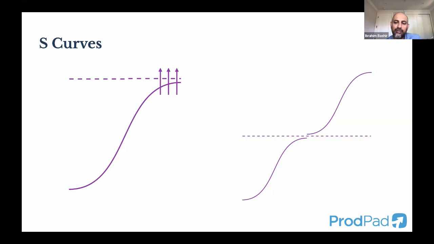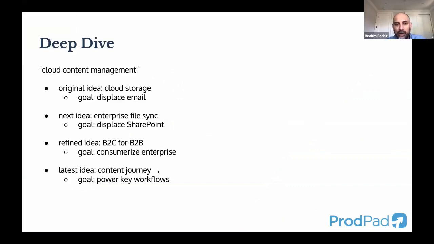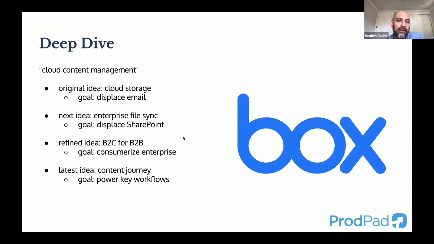You can think of the left as like innovating into the next act of your company. You can think of the right as bringing new products into your portfolio that are tangentially related and maybe capitalize on adjacencies, but are not the same product. So let's get into some specifics, and we'll use Box as an example again. And that's why I walked you through Box earlier. So I'm going to repeat some slides.